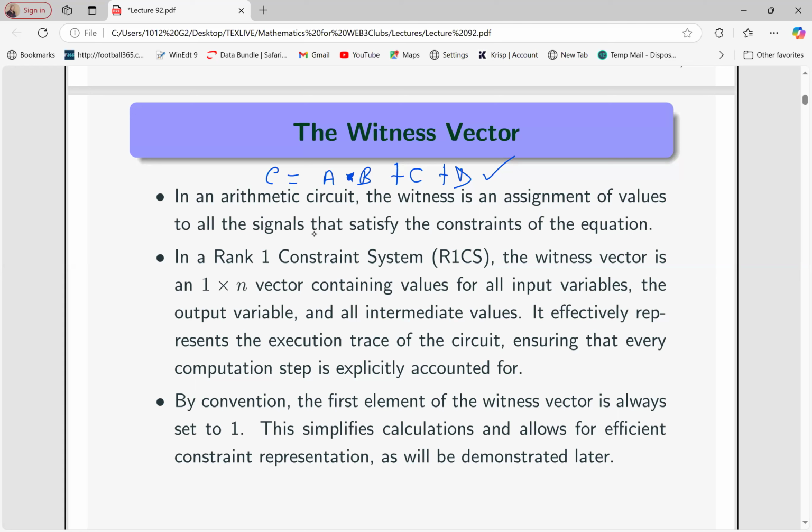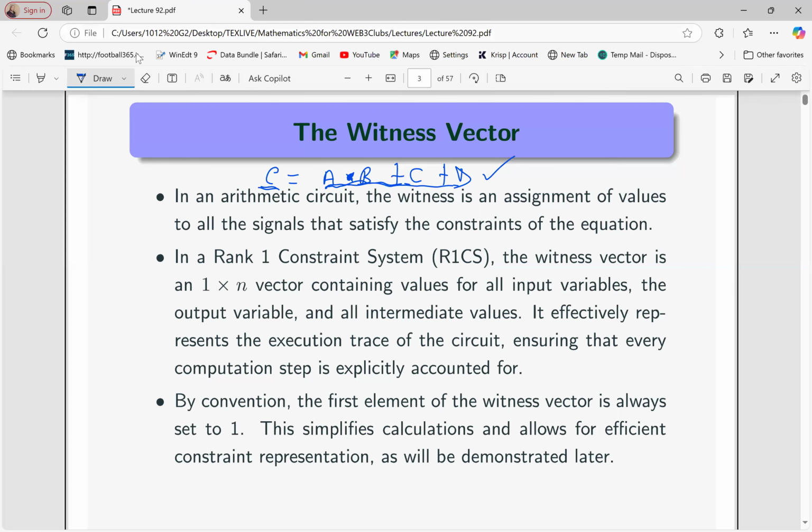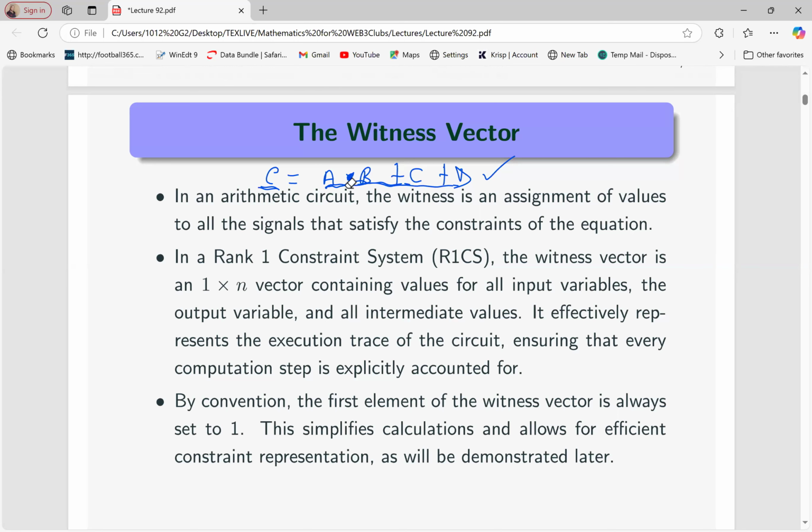And those numbers, when we do the arithmetic on the right side, give us the C the person has given us. And then he might also give us other numbers different from the ones he gave us earlier. And again, when we do our calculation on the right side, we should get the C the person gave us. Now, these then are the witnesses. So in this case, our witness will be the value of A, the value of B, the value of C, the value of D,